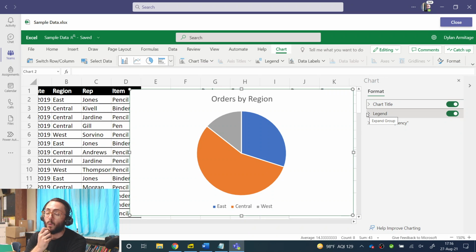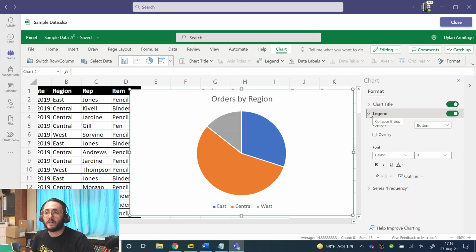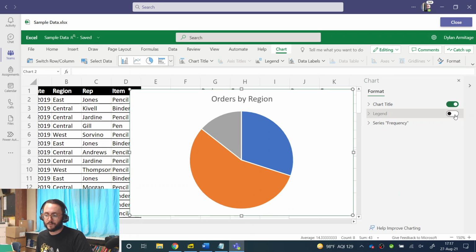You'll have to be aware of what colors you use because not everyone has the same color vision. So I'm not a fan of relying on the color to convey information if that information would disappear when converting it to grayscale. Okay. So I'm going to turn off the legend